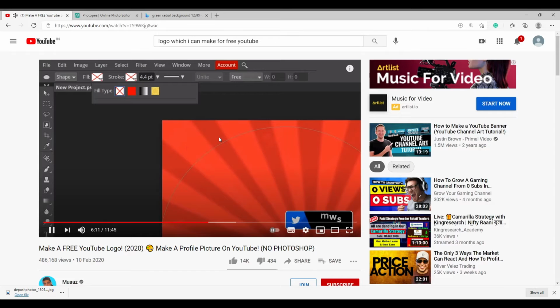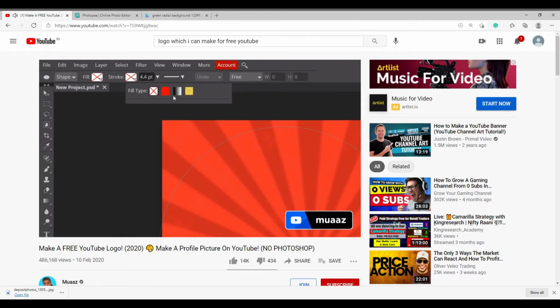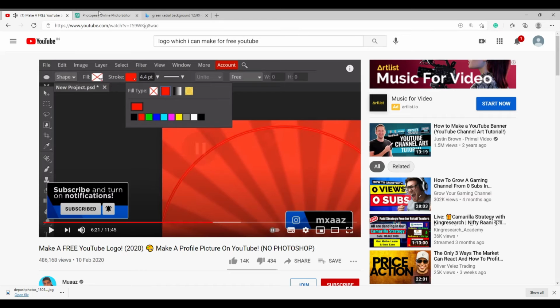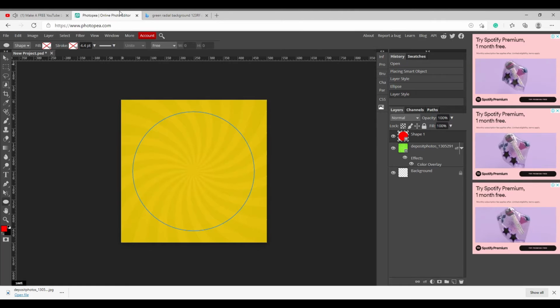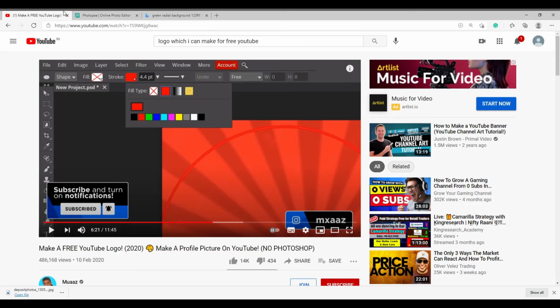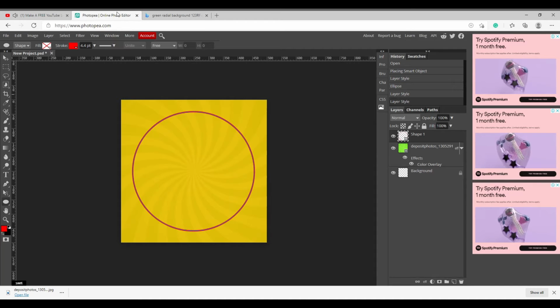And as you can see right away, our filled red circle is gone. But then what we want to do is go to the stroke right here, click on that, and then click this red solid color or whatever the solid color is to the right of this red X. Click that, and then as you can see, a red line appears around our circle. But I'm not doing red. I'm doing my golden color, which was